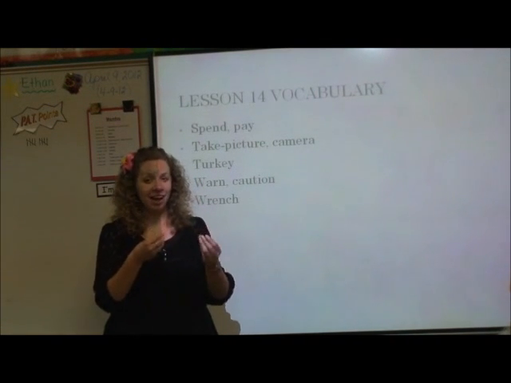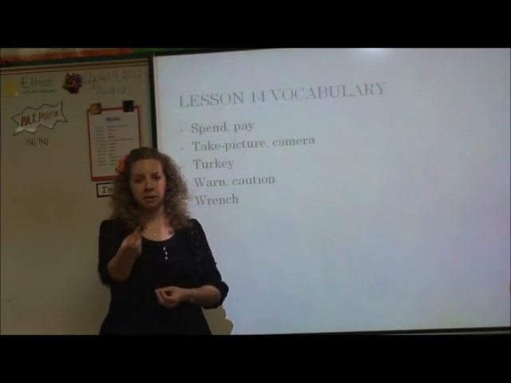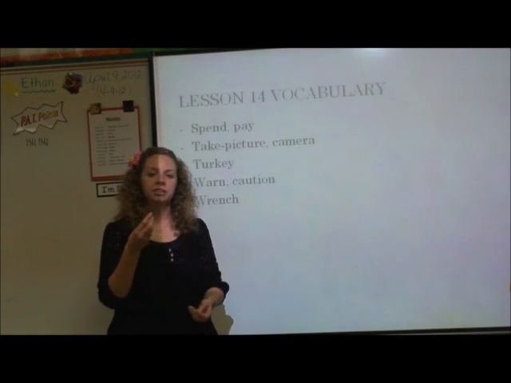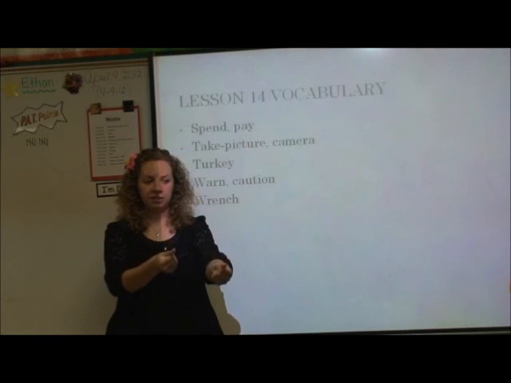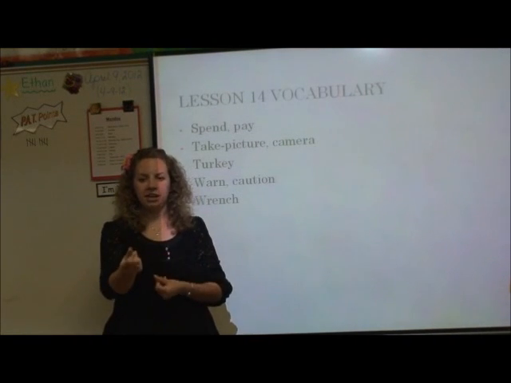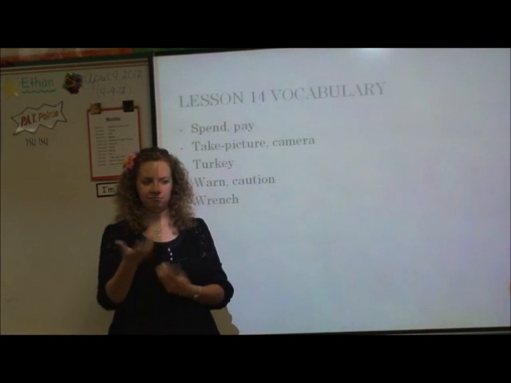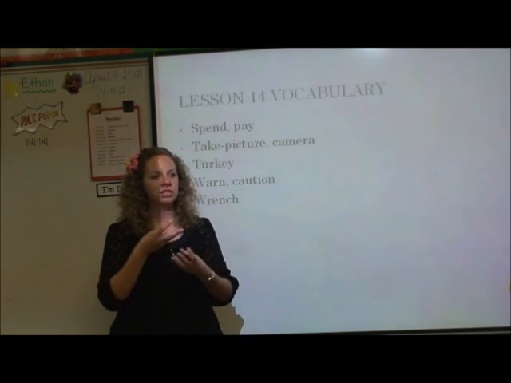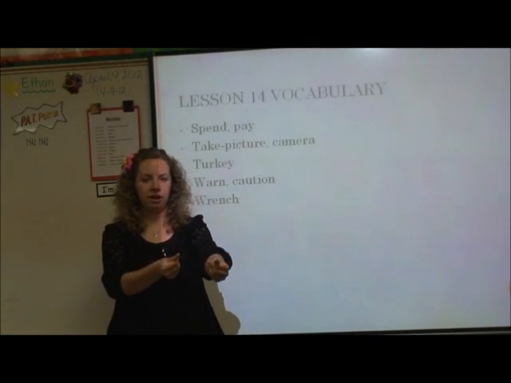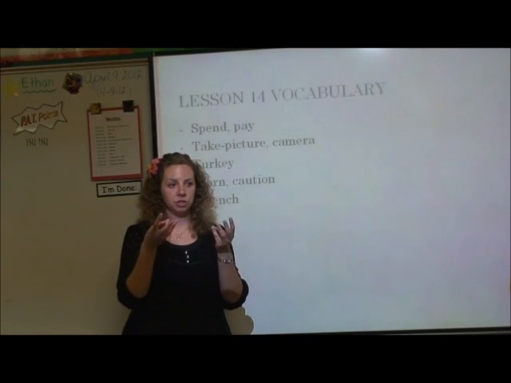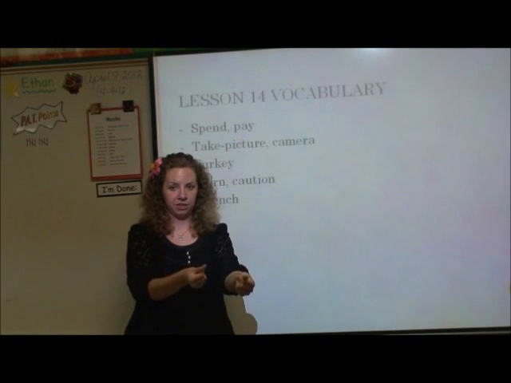I have kind of seen this for pay, like I'm going to pay or spend the money that way. I've seen it with one hand this way and one hand this way. But it depends who you ask, because one person told me that you don't use this one for pay. So it just kind of depends. This is the concept of money going out though. The other one that's very similar starts with your thumb on your pinky and goes out that way.